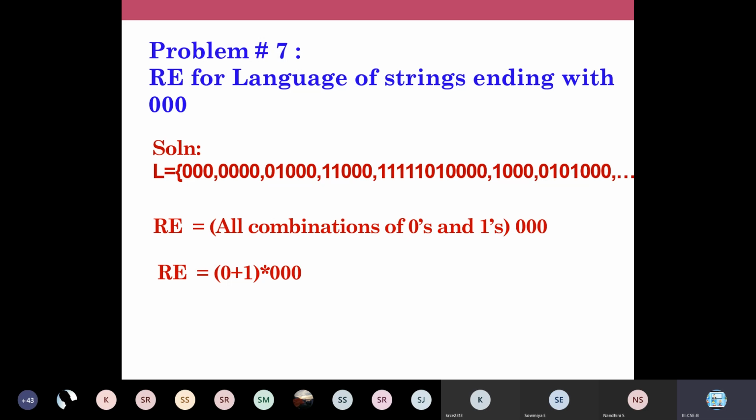So now to write a regular expression for this, the hint is initially you can have all combination of zeros and ones. The first part of your regular expression will be all combination of zeros and ones, and in the second part we are going to write the 3 zeros one after the other. Okay, the 3 zeros you have to write one after the other without any operators in between. So the regular expression will be 0 plus 1 the whole star followed by 3 zeros. Have you all written? 0 plus 1 the whole star followed by 0, 0, 0.